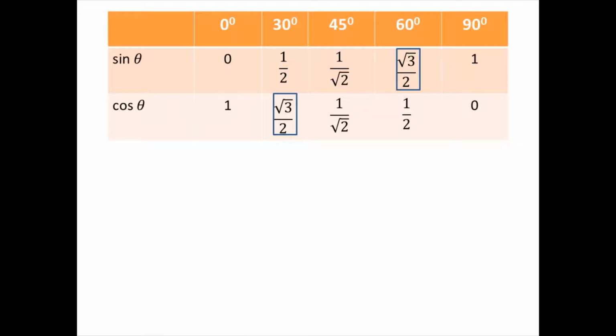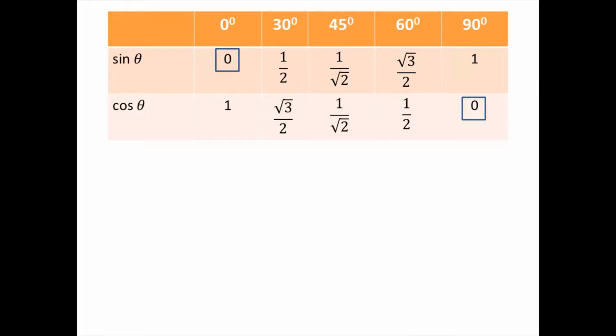Okay. So next is the cos 45 value. So after root 3 by 2 in reverse order it is 1 by root 2. So we'll write 1 by root 2 for cos 45 degree. It means the sine 45 degree and cos 45 degree both have the same value. Okay. Next is the next reversed value, sine 30, that is 1 by 2. So cos 60 becomes 1 by 2. And sine 0 is 0. So cos 90 is 0. Okay. So you remember the sine values and write those values in reverse order for cos. So easily you can write the two ratios' values.